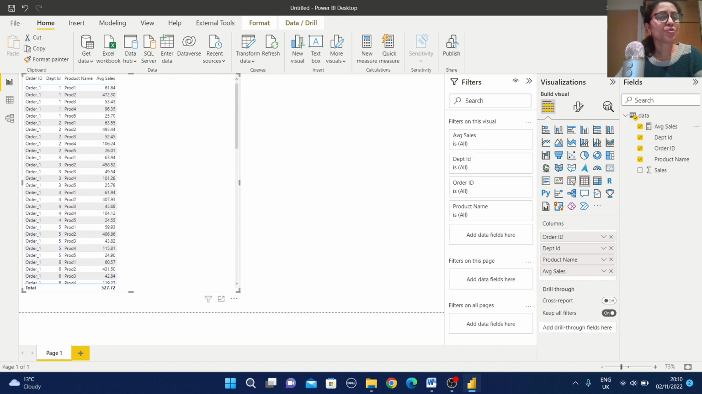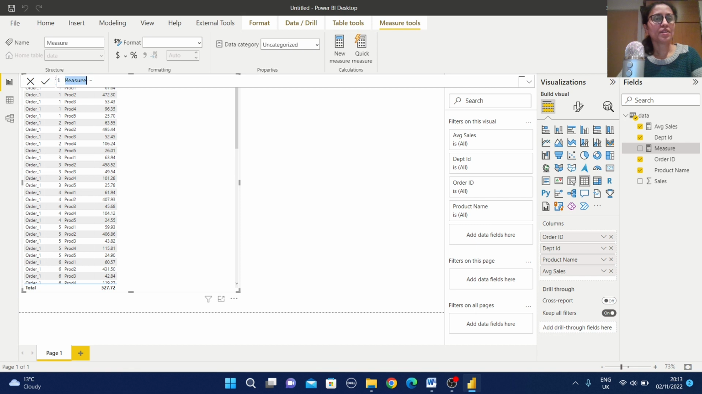Now I want to know, for this order ID, for example order ID 1, and from this department ID 1 to 2, what is the average sales difference between department ID 1 to 2, 1 to 3 and 1 to 4. Okay, so for that purpose I have created some measures in this area. Give it some name, difference between 1 to 2, and okay, shift enter,